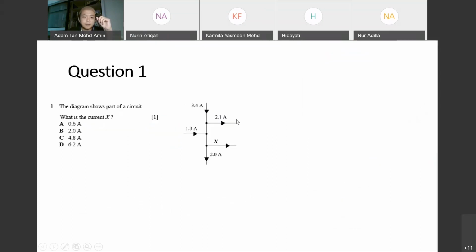Question number 1. So the diagram shows part of a circuit. What is the current X? So right from the start, it is testing us on Kirchhoff current law, the Kirchhoff first law. Well, how do we know that it is the current law? Because it all involves the currents. So yes, it seems as if it looks like